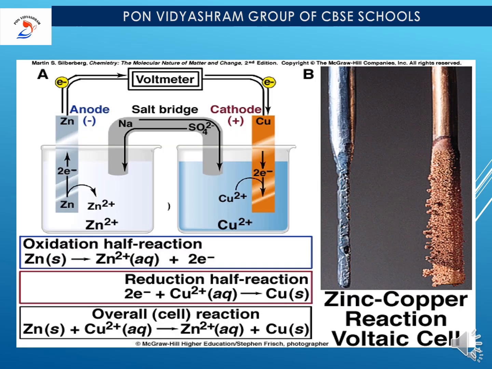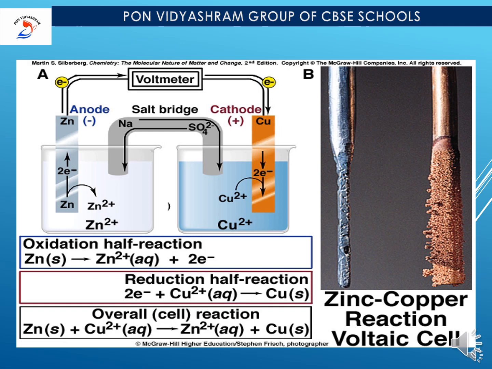Half cell or redox couple. In this, a half cell has a metallic electrode dipped in the electrolytic solution. Sometimes both electrodes are dipped in the same electrolytic solution, so there is no need of a salt bridge. At each electrode or electrolyte interface, there is a tendency of ions to deposit and make electrolysis carry over. Now let me talk about the galvanic cell.